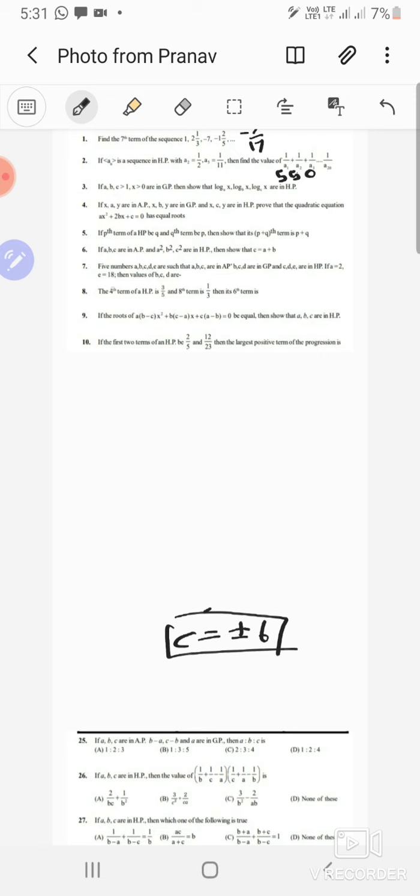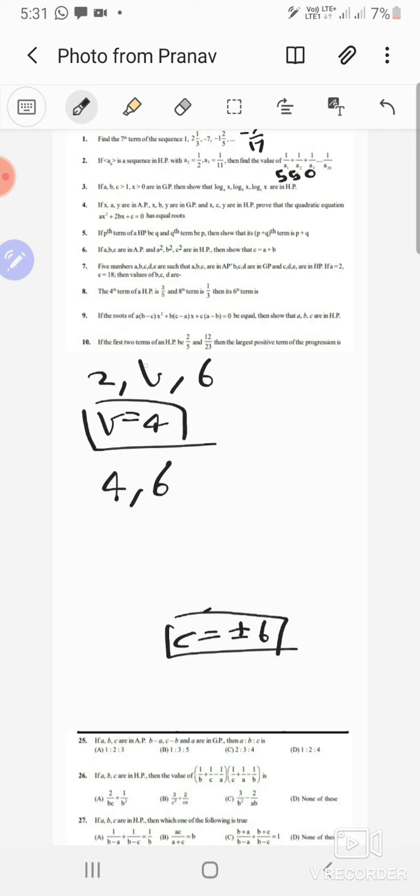So you have a, b, c in AP. a we know already is 2. We don't know the value of b, and then c is plus minus 6. Suppose this is plus 6, then in that case b is supposed to be 4. Okay, then you have 4, 6 and d. Okay, b, c and d. This is supposed to be a GP, which means that 36 equals 4d, which means that d equals